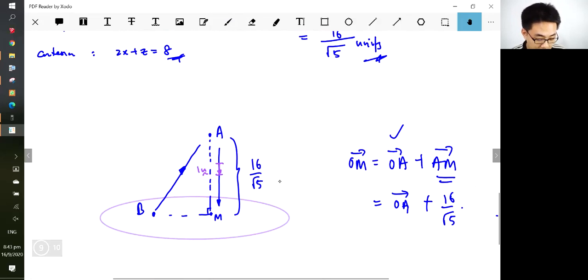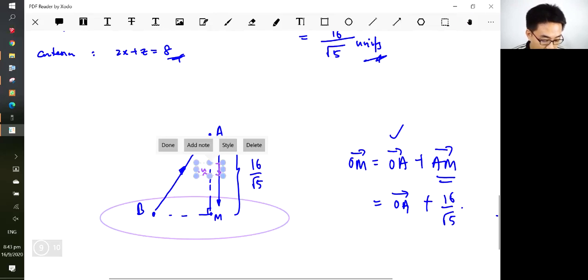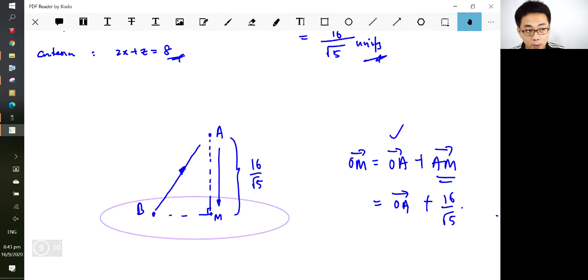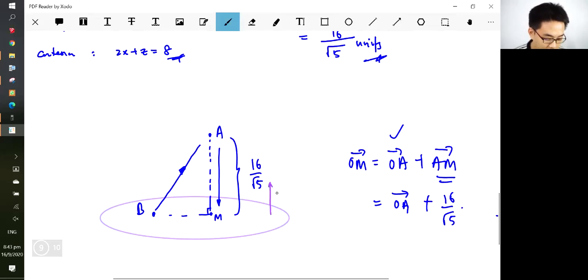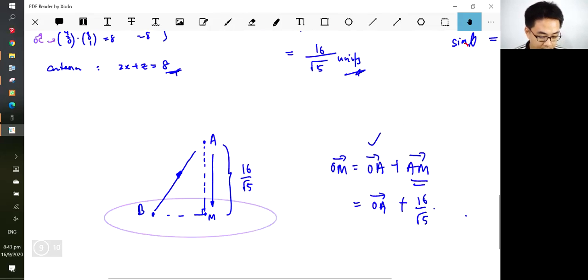But the question now is whether the normal is pointing outwards or pointing downwards. Without knowing the direction, you do not know whether you should add or minus. That is the problem. So I repeat, you want to use the unit vector of the normal, but you do not know whether the normal is pointing upwards or downwards. My proposition is very simple. To know which, simply take BA,